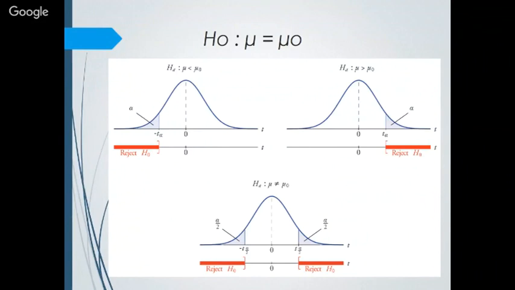The alternative hypothesis may vary accordingly: mu less than mu naught, mu greater than mu naught, and mu not equal to mu naught. In the less than or greater than cases, we use single-tailed distributions. These are theoretical distributions derived on the basis of theory; these are pure probabilities. We calculate a t value for a t test, a z value for a z test, f values for ANOVA and the f test.